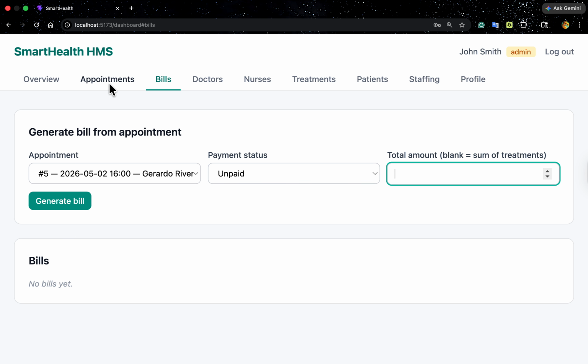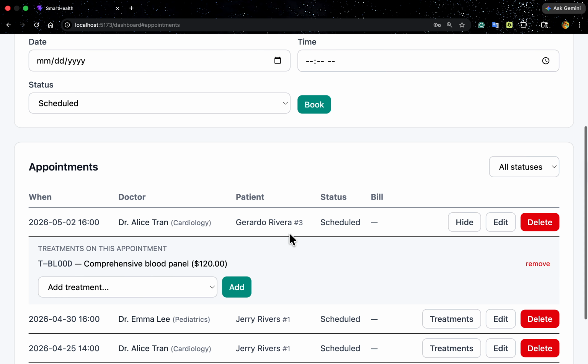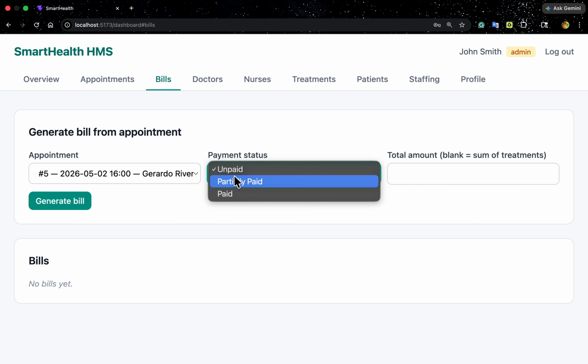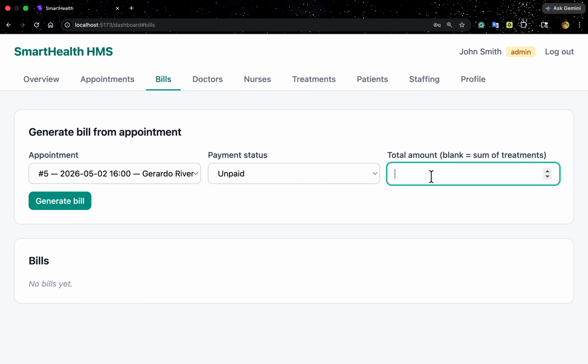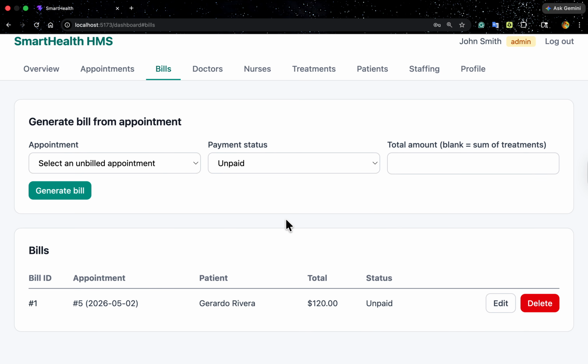For this appointment that we just did, they were going to receive a comprehensive blood panel. We are going to put that during this appointment. We're going to make sure it's unpaid because they haven't paid just yet. We'll put 120 and generate the bill. So now, if we were to log in later on, you'll see that